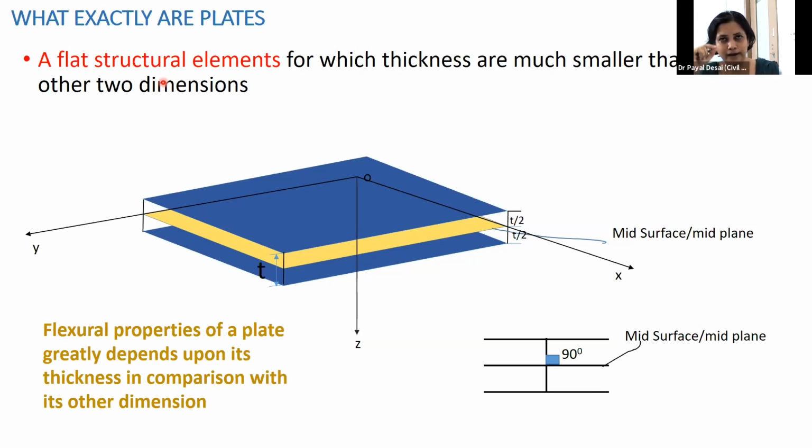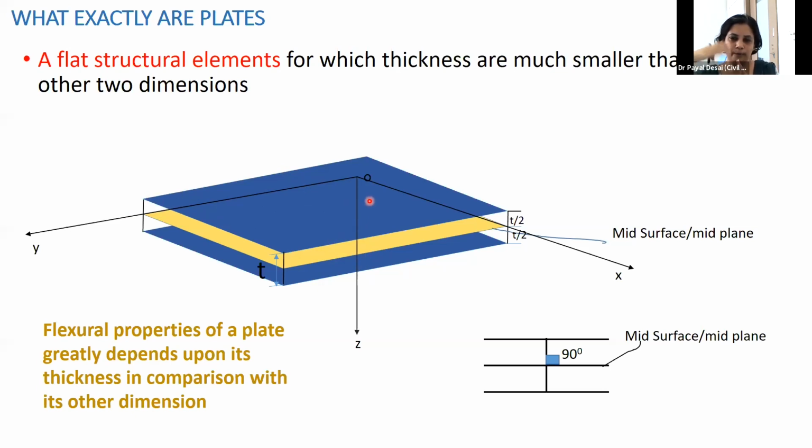The depth of the plate, we call it thickness, and it is customary to divide the plate into exactly two halves, and the middle surface is named the mid-plane, or mid-surface, of the plate. Now, what is the significance of this middle surface? It is very similar to the case of a beam, where we analyze only the line, that is the x-axis, the deflection curve of the beam along the x-axis.